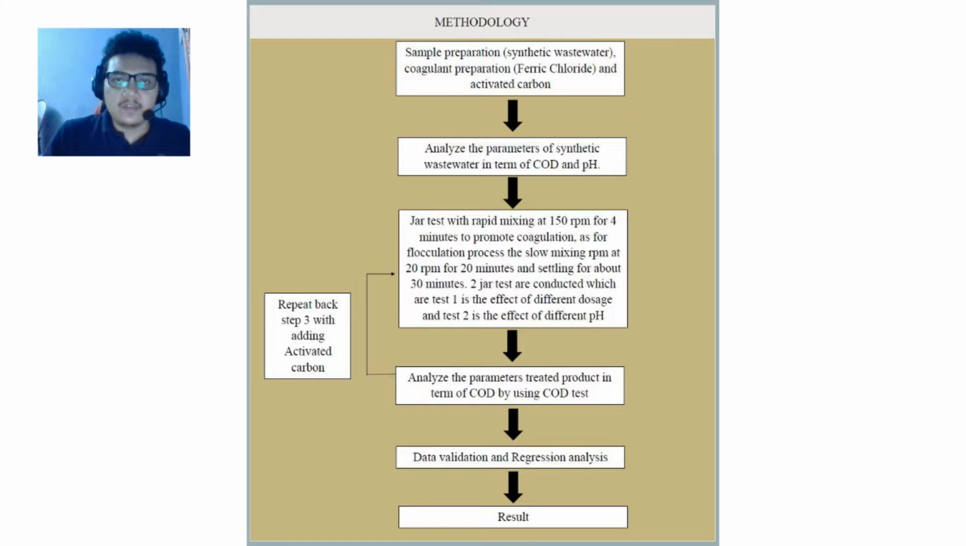The dosage used here ranges from 600 to 700 milligram per liter with a constant pH of 7. Test 2 is to see the effect of different pH. The pH range used is from 3 to 8 with a constant coagulant dosage of 700 milligram per liter. After the jar test has been done,